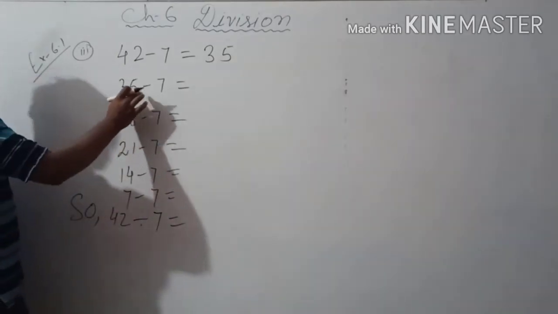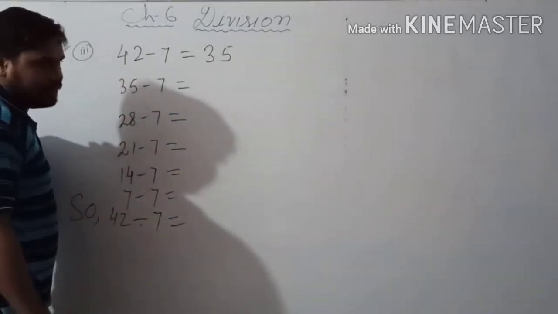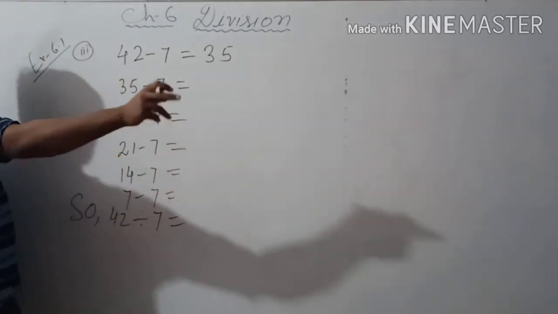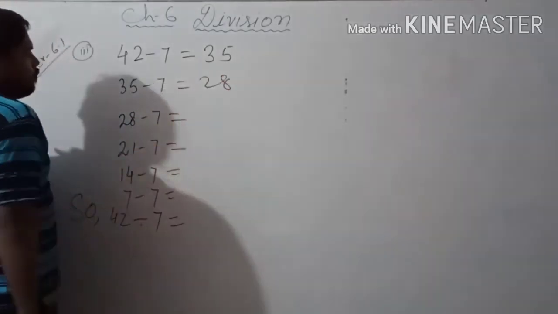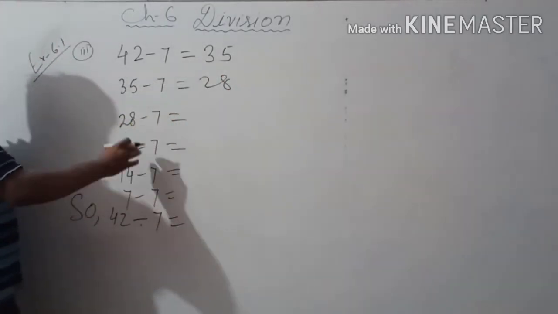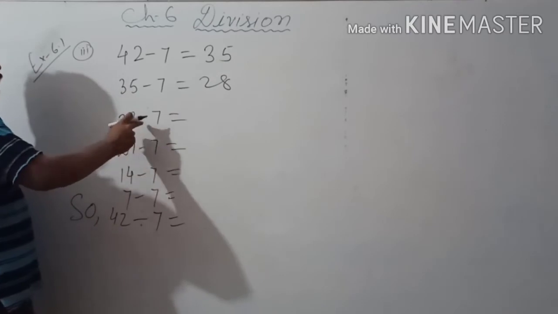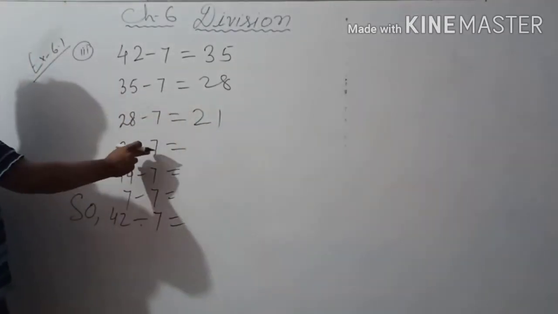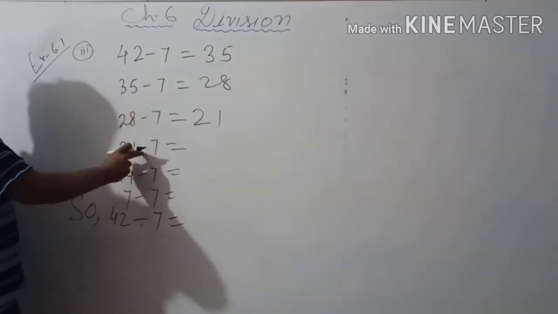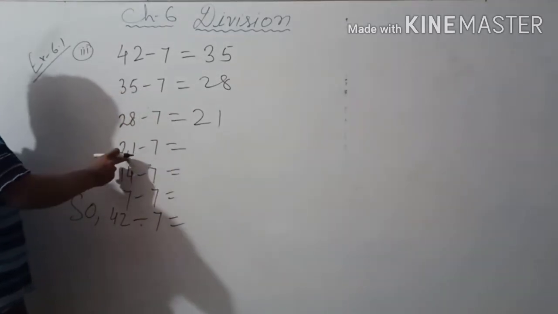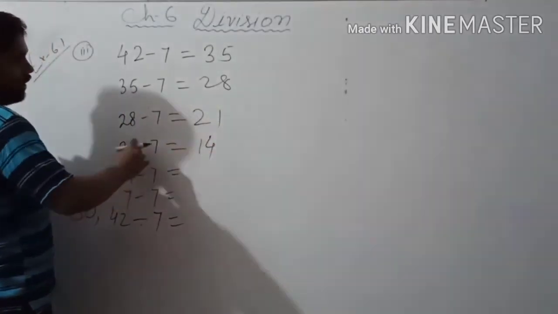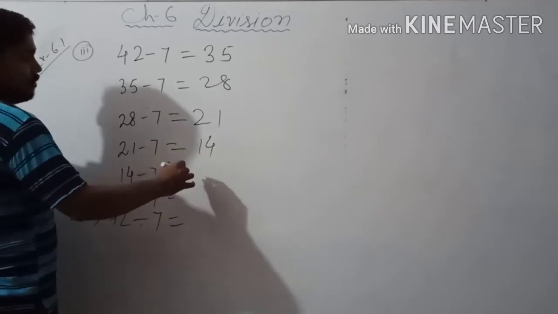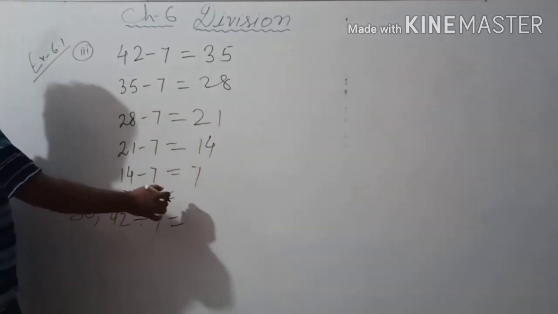Okay. So 35, if you subtract 7, then from 35, 5 minus means 30, then again 2 minus, so 28. So 28. Then again from 28, if you subtract 7, then from 8 if you subtract 7, that means 1, so 21. Okay, 21. So from 21 if you subtract 7, if you subtract 1 from 21, that means 6 again, so 14. So 14. 20 minus 6 is 14. So now again from 14 if you subtract 7 means 7, so 7. Okay, 7 minus 7 is 0.